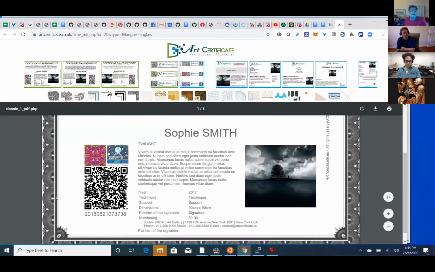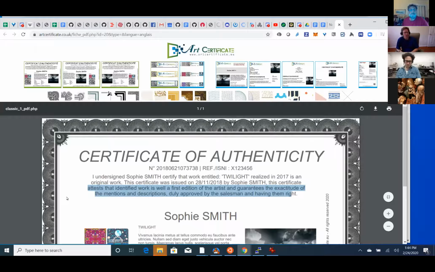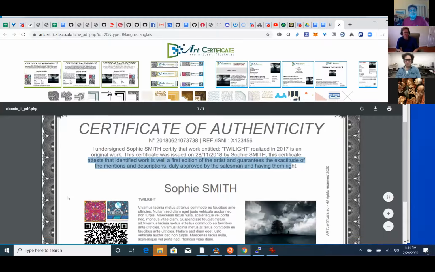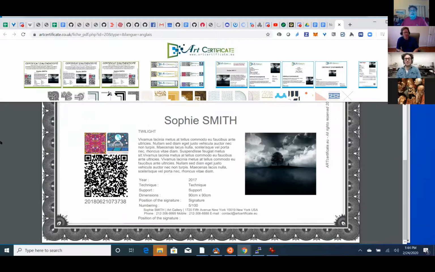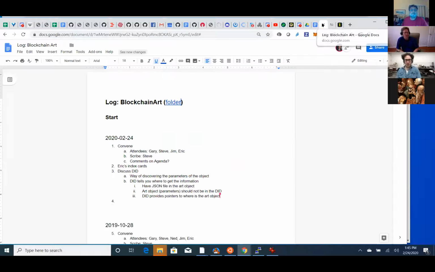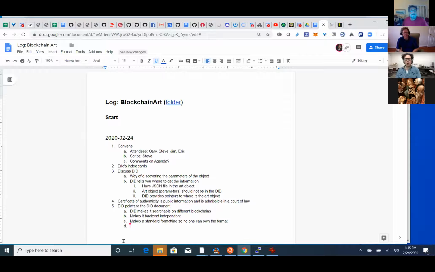Okay, and it should have the transfer agreement. No, the certificate of authenticity doesn't need a transfer agreement. That's separate. But what it does is it points to it. Where does it point to it?